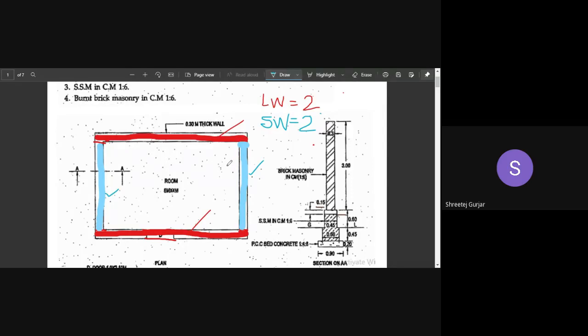This is a very simple example wherein it is a single room, so it was very easy to divide into long wall and short wall. As the plans become complicated, dividing into long walls and short walls becomes a bit complicated, not difficult. You have to follow certain rules for making your long walls and short walls. This is a very important thing. Remember this. If you have any doubts in how I divided my long wall and short wall, you can just ask now.